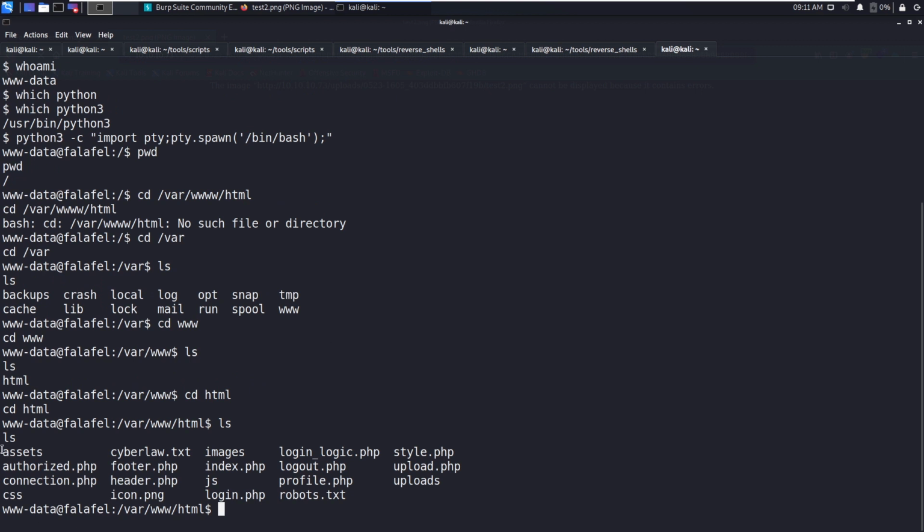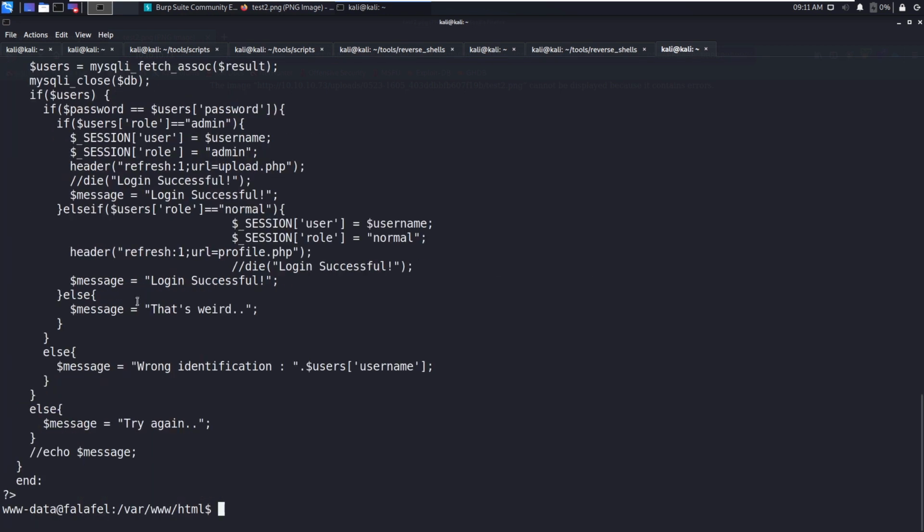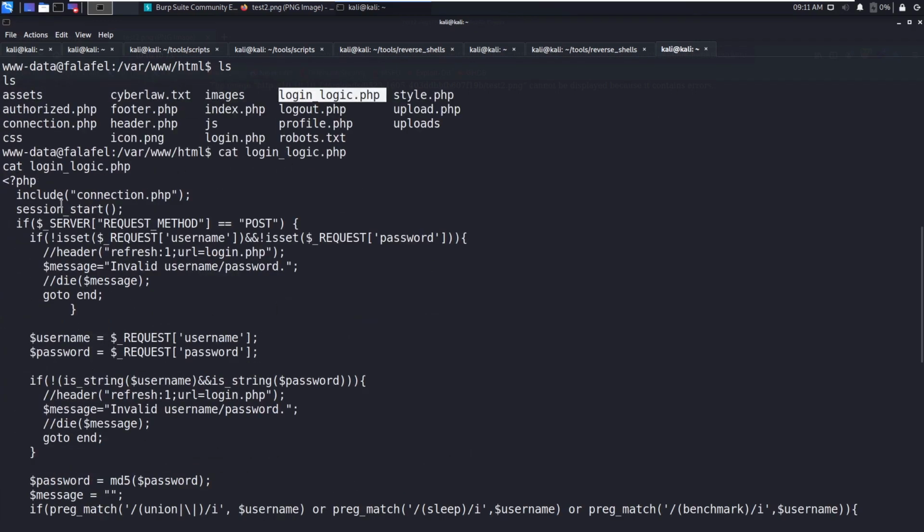So okay, these are the files. You can see cyber.txt, login_logic. So let me view login_logic.php. Okay, so request method is POST, and we need to send the username and password compulsorily. Message: invalid username password.